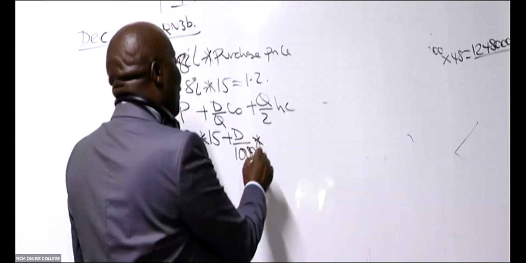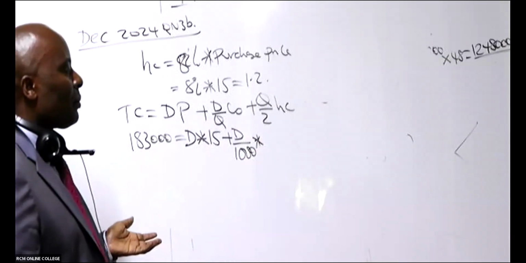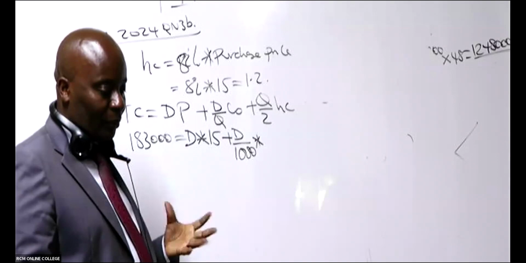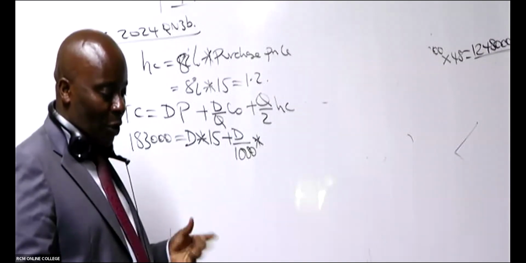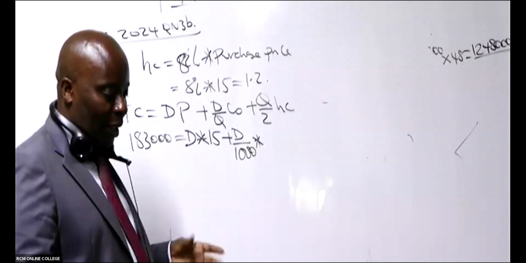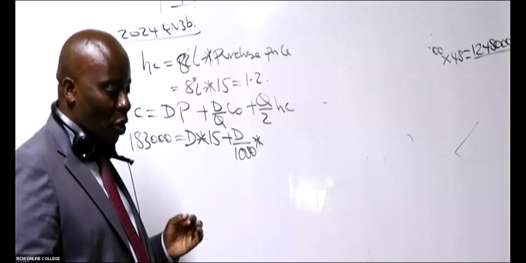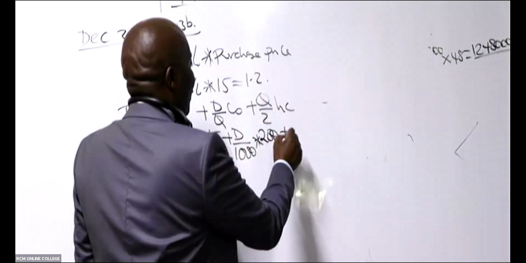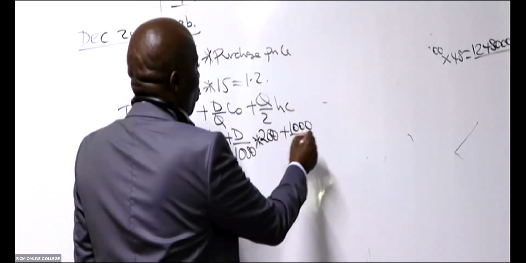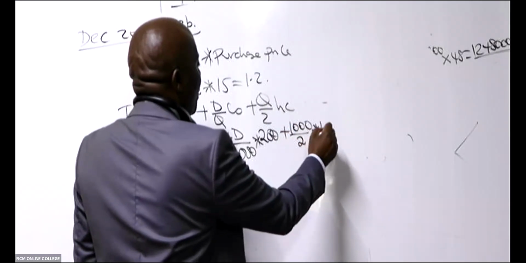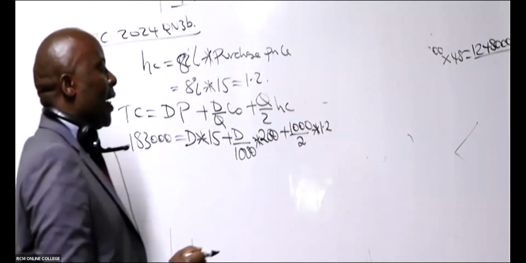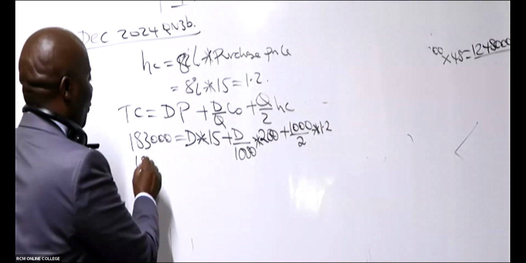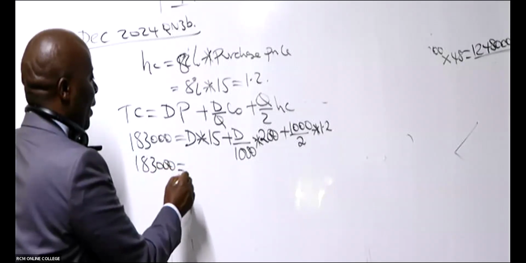Have they given us the cost per order? Every time we are ordering, how much do we incur? It's given there. It's called the fixed cost per order, which is 200. 200 plus the Q, which is 1,000, over 2 times the holding cost, which you gave me as 1.2. So then this one, if I try fixing it down, it will be 183,000